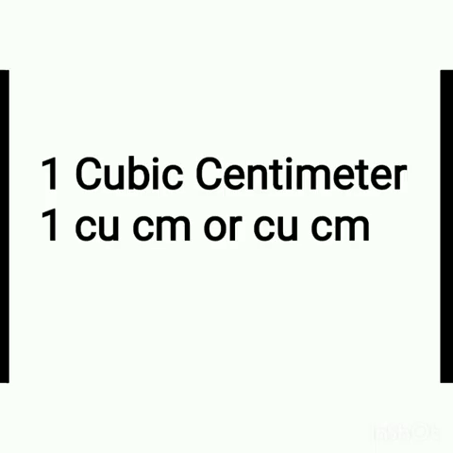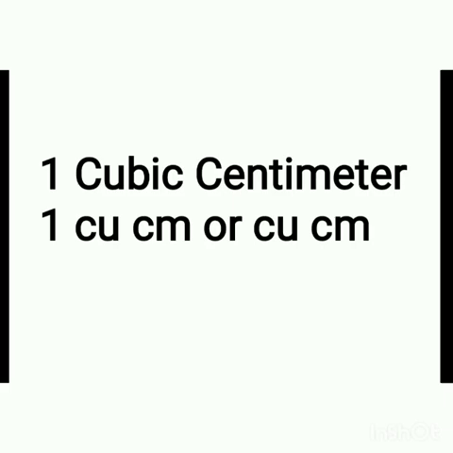You know, 1 into 1 is 1 itself. So the volume you can say is 1 cubic centimeter, or in short form we write 1 cu cm, that we will read as 1 cubic centimeter, or simply cubic centimeter. So this is the unit of volume. 1 cubic centimeter is the unit of volume. That is, we are considering the volume of a cube made up of side 1 centimeter. This is the volume of a cubic centimeter.